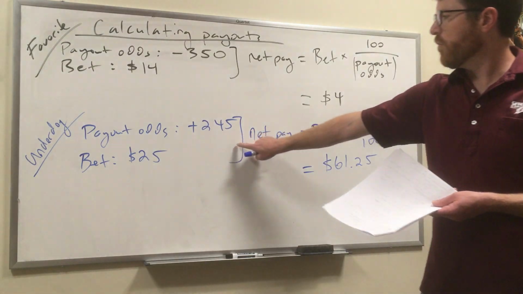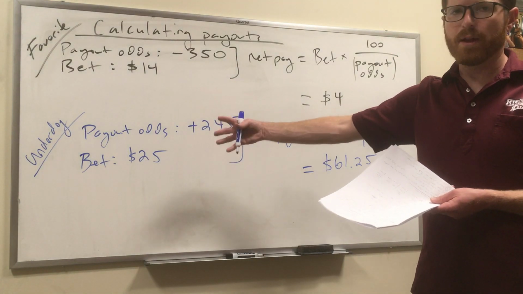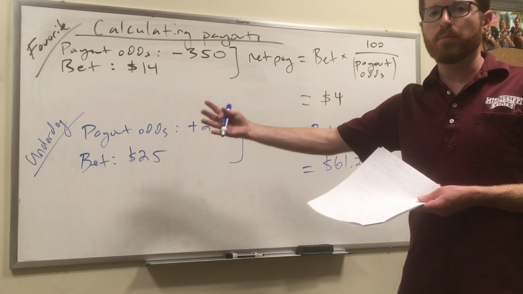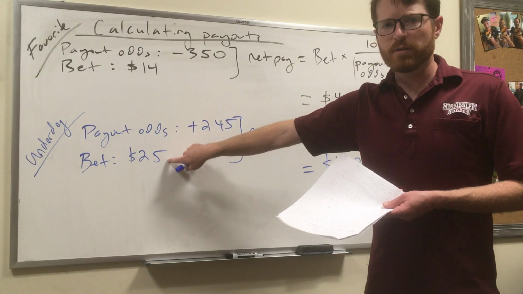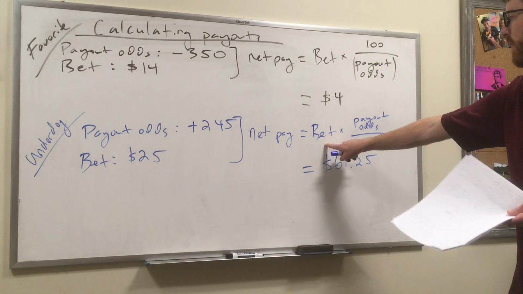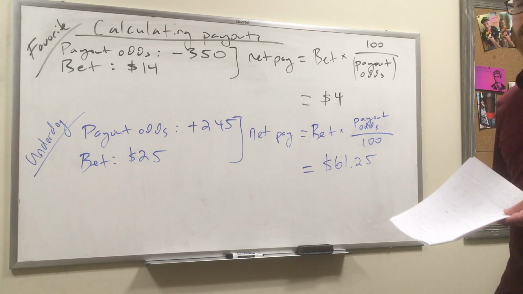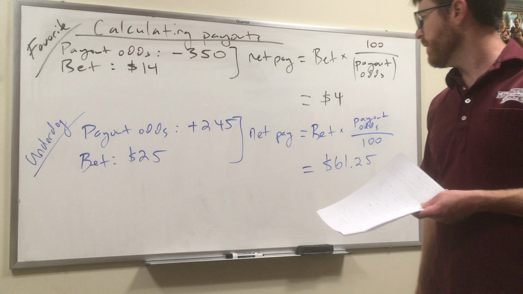So for a plus 245 bet, right? So plus 245, if you bet 100, you'd win a $245 profit. $25 is the bet size. This is the formula you're going to use. 25 times 245 divided by 100, and that's what you should get there for the profit if you win this